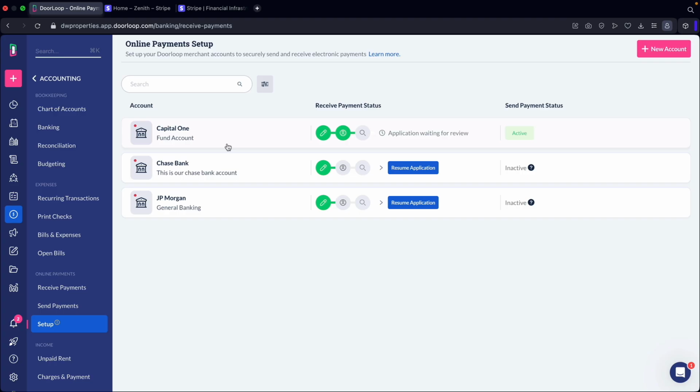I did talk to a guy named Danny over there at Doorloop, and they told me that it generally takes no longer than 2 weeks to get approved. So just go ahead and apply, and within 2 weeks, you should have your application approved, and Stripe will start sending payments on your behalf. We'll also be talking about how to send payments, but now that we've connected our bank account and we are in the process of getting this approved,